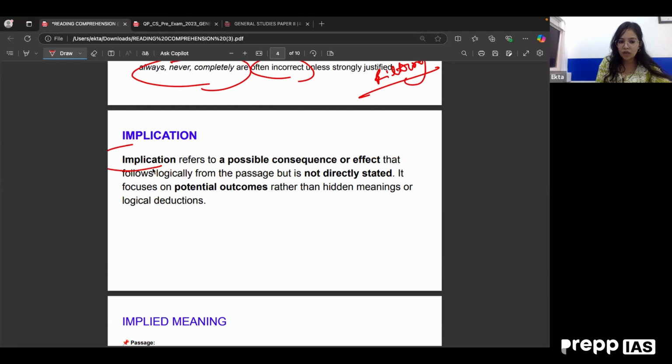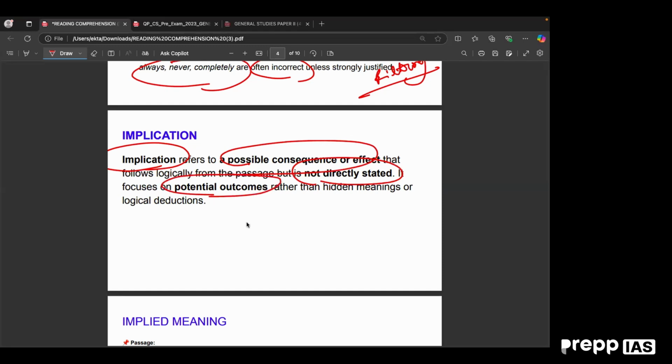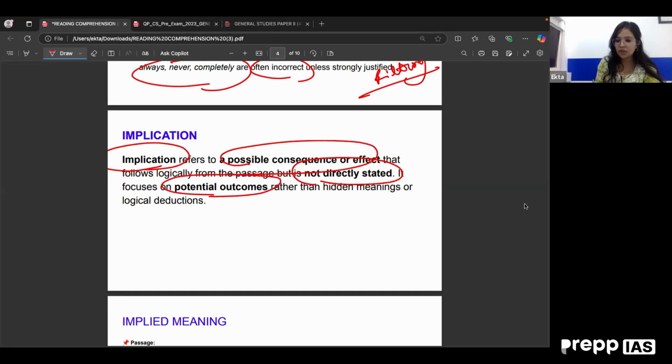इम्प्लीकेशन का मतलब होता है ना, हमने जीएस पेपर 1 मेंस में भी देखा होगा आपने, व्हाट कुड बी द पॉसिबल इम्प्लीकेशंस ऑफ फॉलोइंग स्कीम। कोई इंट्रोडक्शन हो रहा है किसी स्कीम का, उसका पॉसिबल इम्प्लीकेशंस क्या हो सकता है। सो बेसिकली इट इज पॉसिबल कॉन्सिक्वेंस और द इफेक्ट। व्हाट इज इंपॉर्टेंट इज इट इज नॉट डायरेक्टली स्टेटेड एंड पोटेंशियल आउटकम्स, राइट, दीज आर पोटेंशियल आउटकम्स।